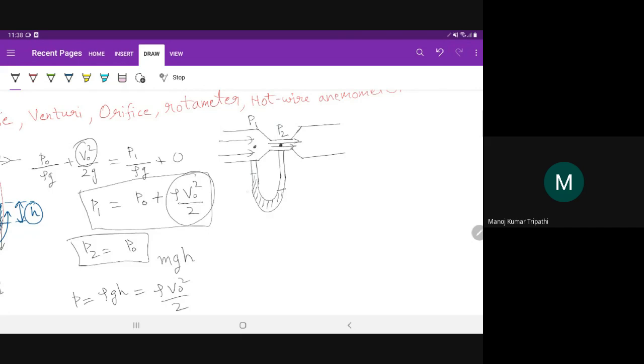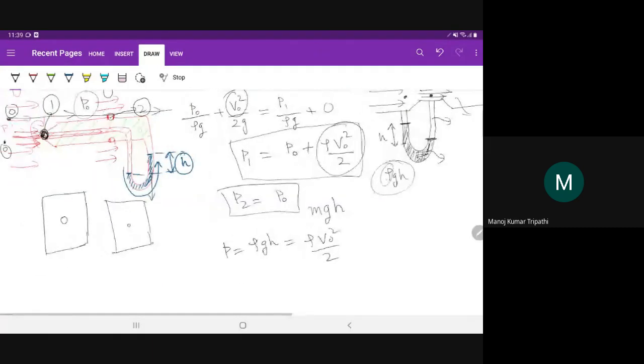The level of the fluid in the left limb will be higher than the level of the fluid in the right limb. So from this pressure, rho gh, and by the way, when we write rho gh for this fluid, which I have marked with hatched lines, this rho is the density of this fluid, which is generally some other fluid, because otherwise how will you notice this height difference? This has to be a different fluid than the fluid that is flowing in the tube. So it is the density of the hatched fluid, not the density of the flowing fluid.